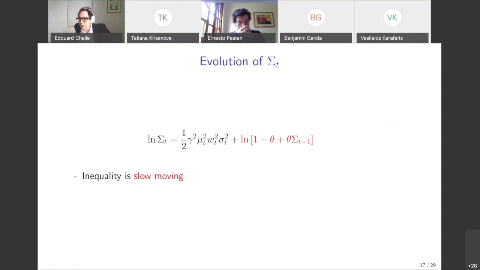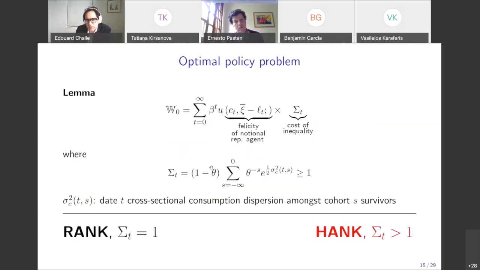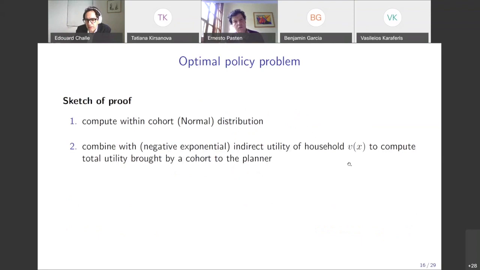Now we have this new state variable I wrote down in the previous slide. It's not very useful by itself, but what we show is that it evolves recursively. You can check that sigma t is a function of this term here, which is determined at time t, the log of big sigma t, plus a function of past big sigma t. If you take logs and iterate, replacing big sigma t minus 1 by its value over and over again, you go back to this sum here.